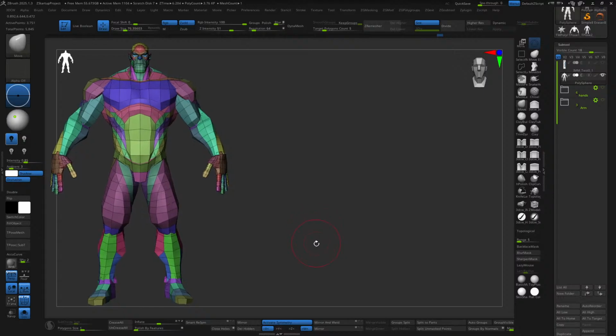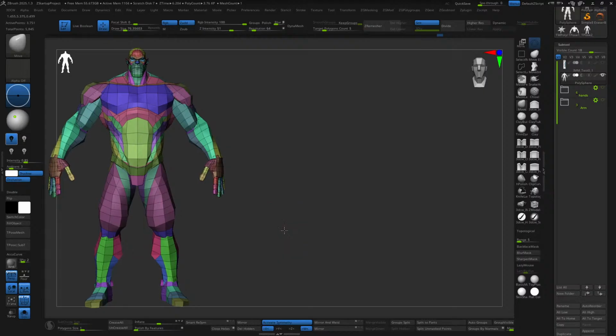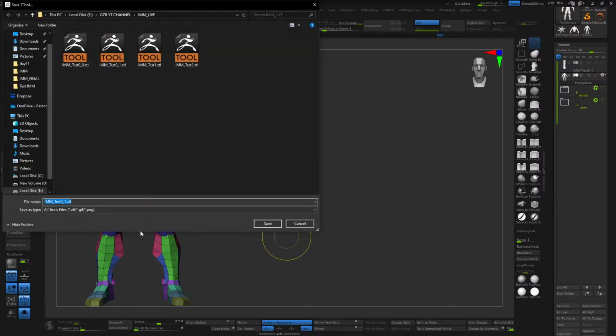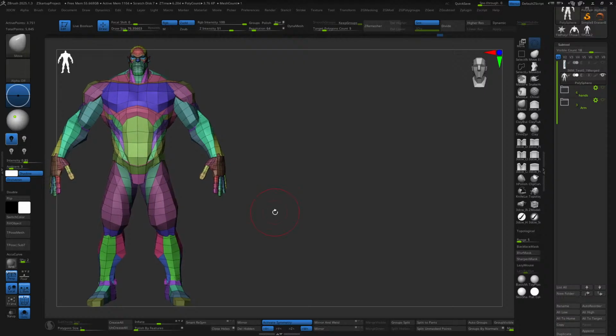So much fun working with the new IMM primitive here, guys. So let's save. Merged. You know, I can keep editing these. But yeah, let's call it a day. Let's call it a day. This is 3 a.m. here in Egypt, so